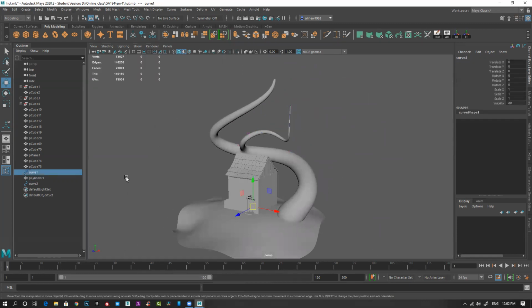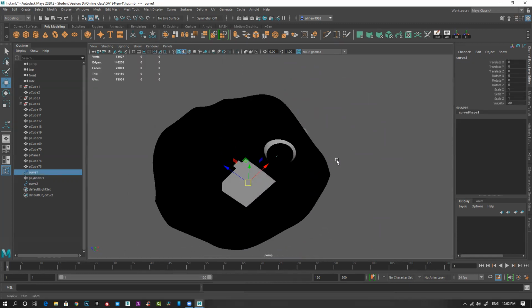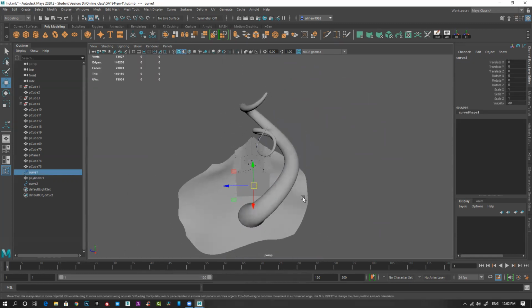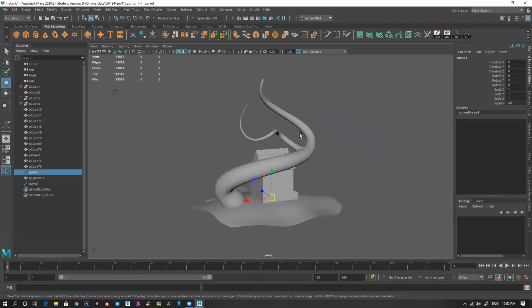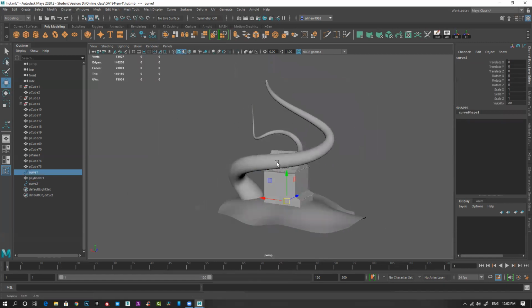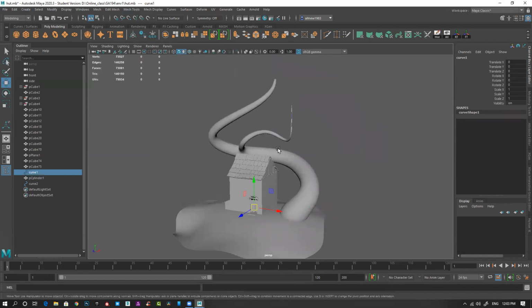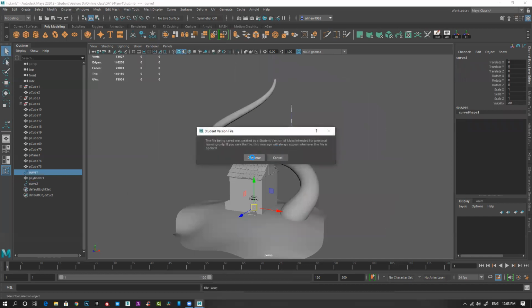Modify this thing very easily. And this curve won't work as I have deleted history for this curve. So like this, I can create all the shapes and trees and trunks and make things nice.